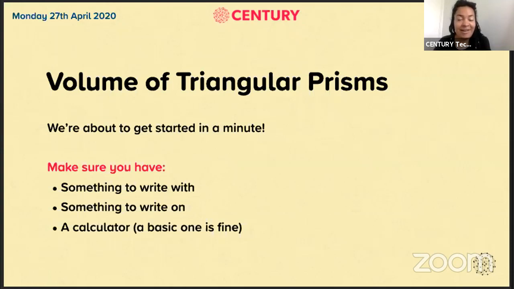My name is Helen. I'm one of the maths teachers here at Century, and I'm going to be taking you through a lesson this morning on calculating the volume of triangular prisms. So how this is going to work is I'll first take you through some key words that you need to know and some examples of how to solve the problems. And then we'll put that new knowledge to the test by logging into Century and having a go answering some